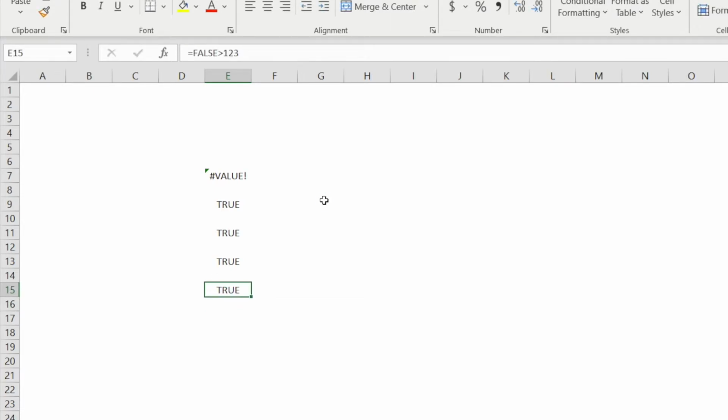In other programming languages, it would either raise an error or return false if TRUE is converted to 1 and FALSE is converted to 0. However, in Excel, both of them return TRUE. That's because Excel considers that a Boolean is always greater than a number. This logic doesn't make sense.